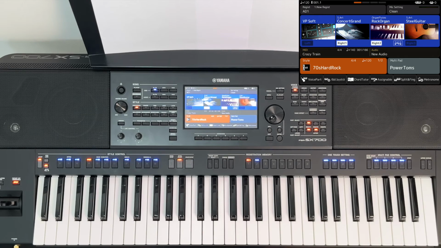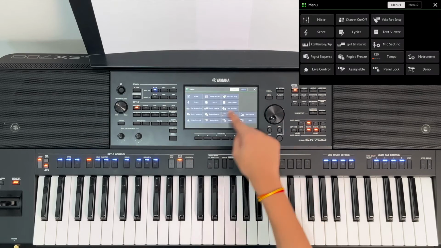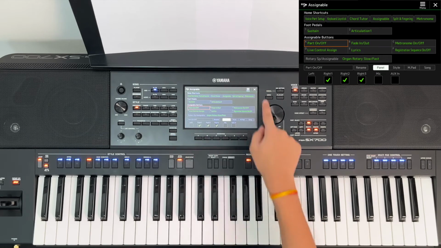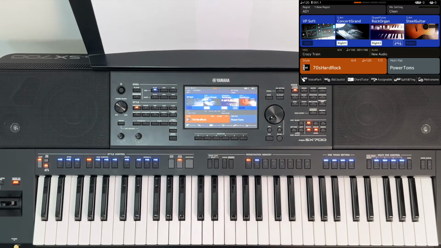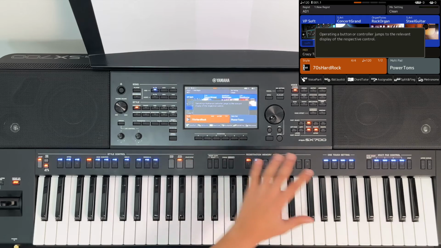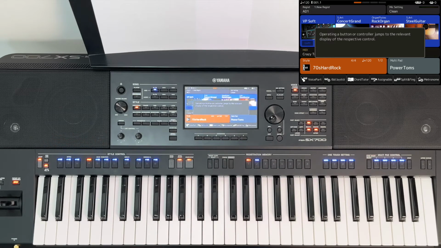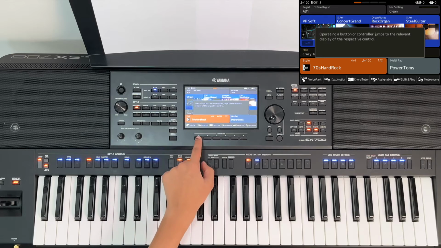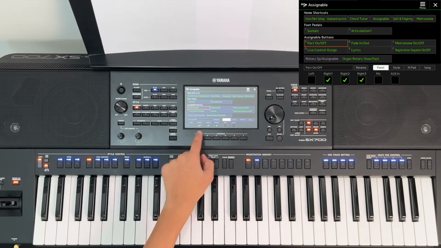One way to do this is by going into the menu and then pressing Assignable, and here is the Assignable page. The other way to do it is by using the Direct Access button. Pressing the Direct Access button and then any other button or controller on the keyboard helps you go to the corresponding page of the button you pressed just after Direct Access. So, for example, I could press Direct Access and then one of the assignable buttons to go to the Assignable